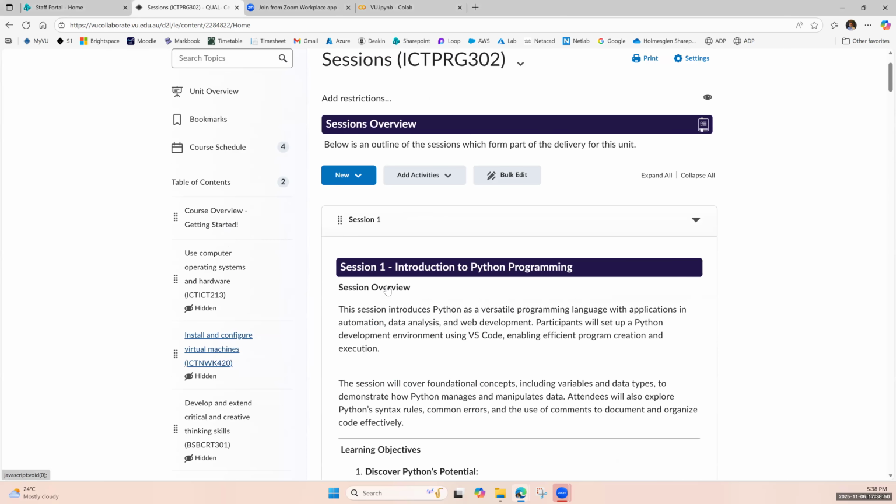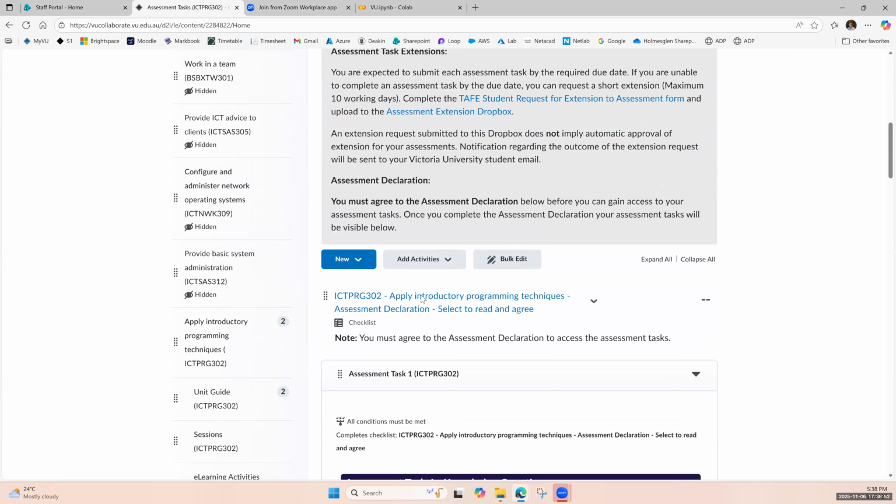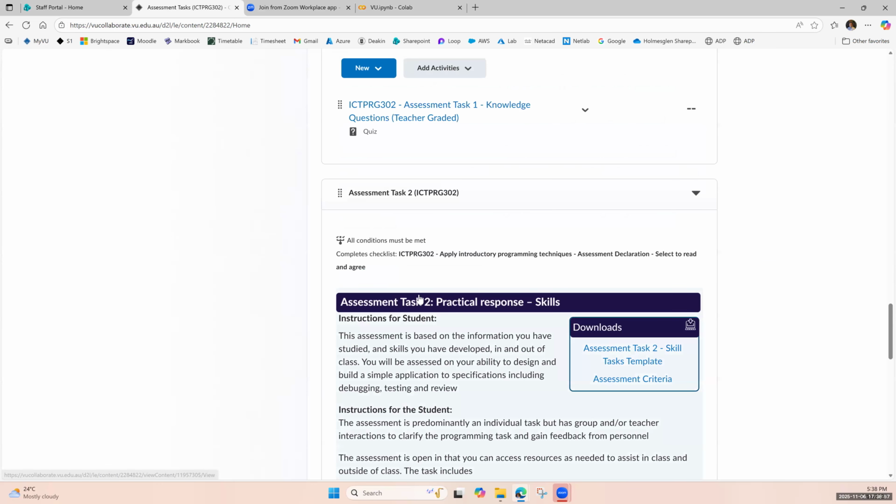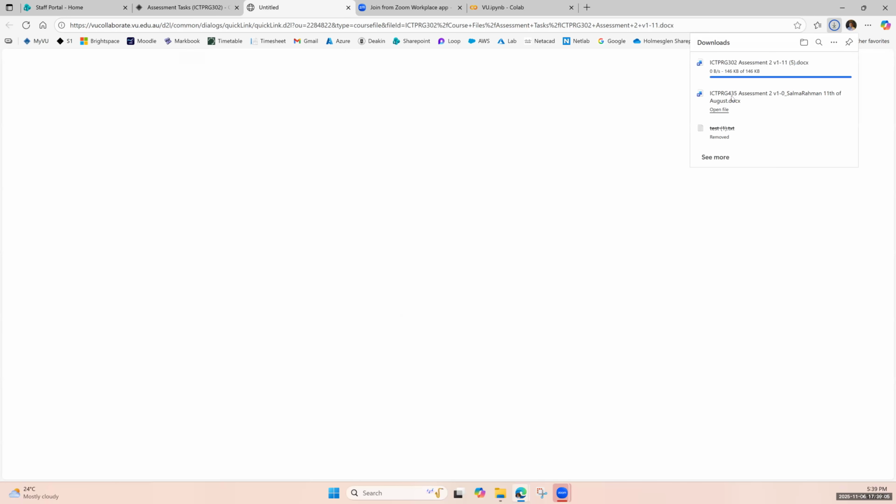There are two assessment tasks for this unit. The first one, which is pretty easy, is just a quiz. The second one, I know that the majority of you may have some questions about, or are not sure if your password manager is working correctly or not, is this one, assessment task 2. Firstly, download the template